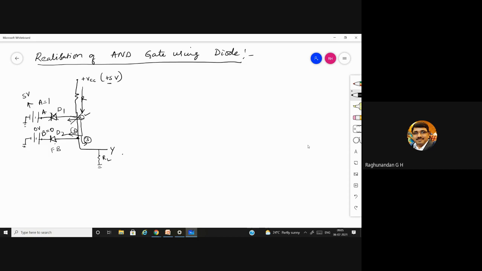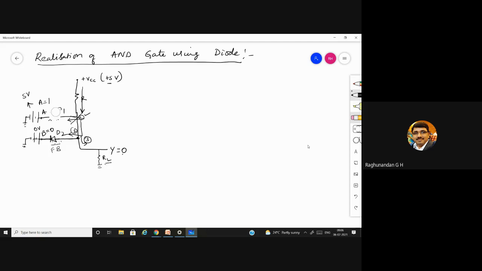Now the current is going to analyze whether the resistance offered by the diode is more or the resistance offered by the load is more. When you compare these two, the resistance offered by this diode is less, so the entire current is going to flow through this, and no current will flow to the load resistance, because the basic characteristic of the current is it is going to always choose the least resistance path. So in this case also it will be 0. When no current flows, no voltage, so output is 0.